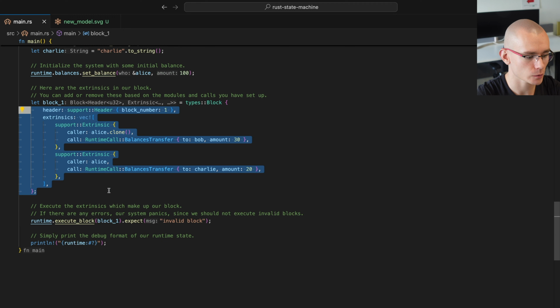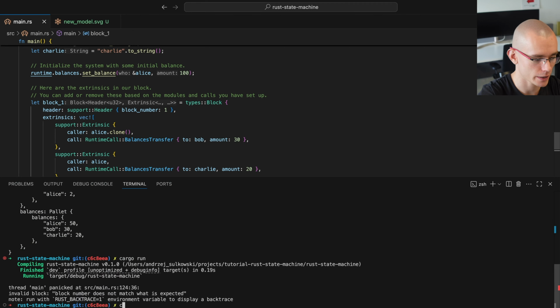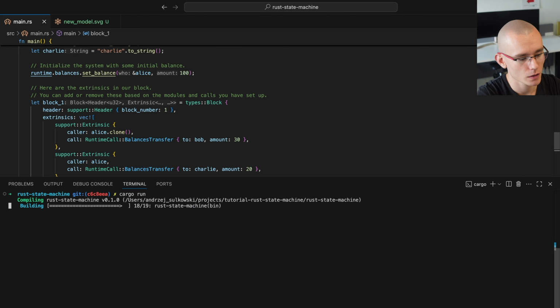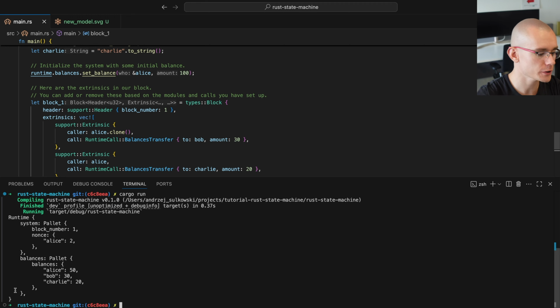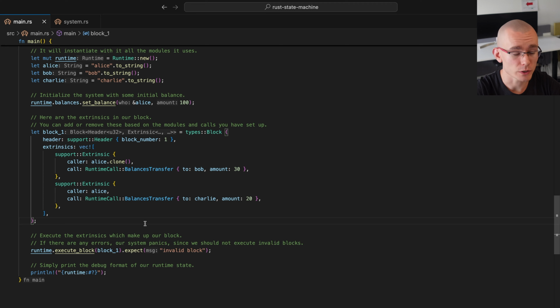After we've constructed the block, we put it into our execute block function, and if it fails, we panic and print invalid block. Now, if I go ahead and execute it, we'll see it works. Nice. What if we, for example, now say that Alice is sending to Bob 300 tokens instead, and we set